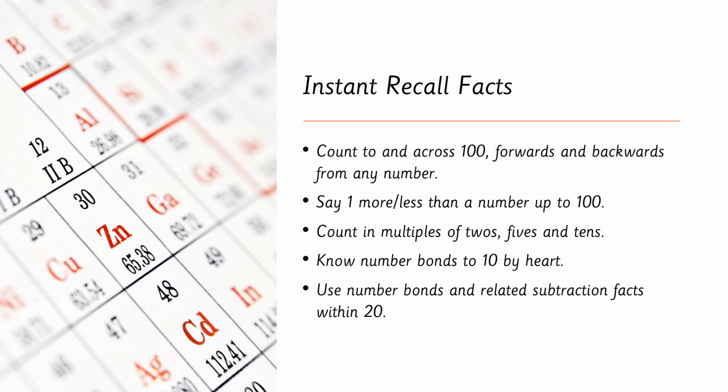Our instant recall facts, as I briefly mentioned before, more examples. Some of these things are expectations by the end of year 1. So we build slowly to counting to and across 100. That will be within the summer term. At the moment, we're just focused on numbers to 10 so that we can get a really deep understanding of those numbers, how those numbers are made up, how we get to our number bonds, what we can say one more and less than. And once the children can do that confidently to 10, then we get to 20,